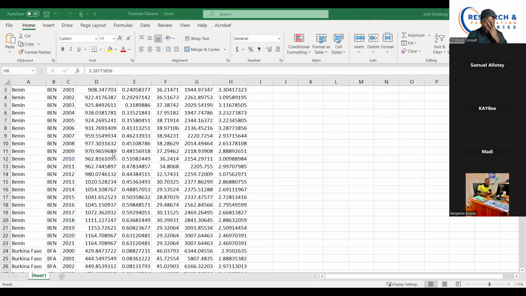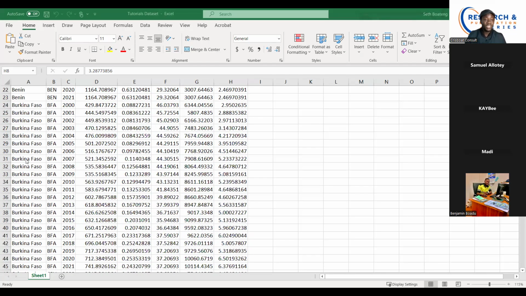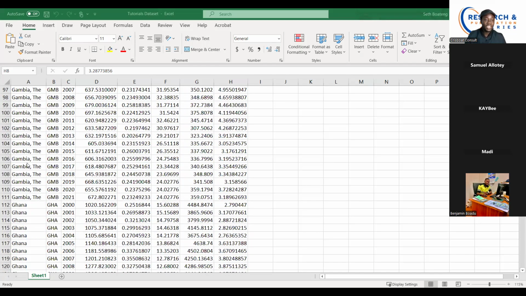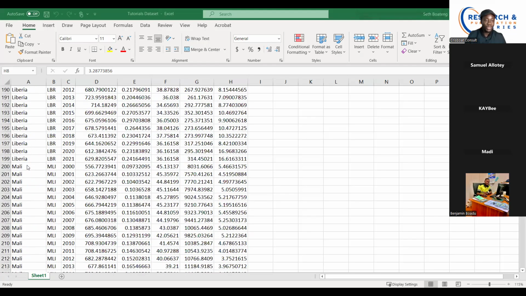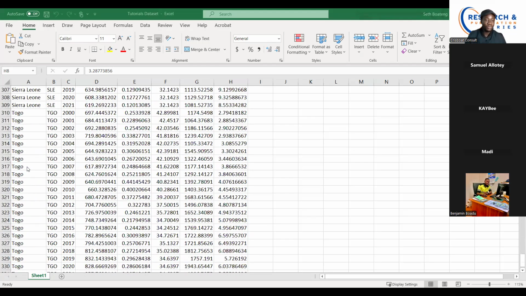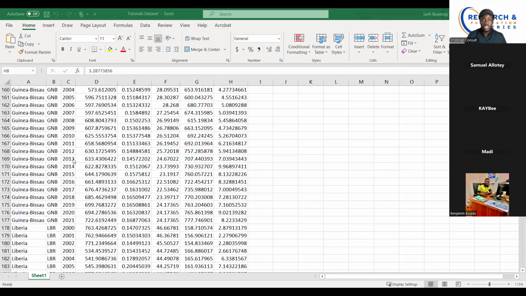So this is the concept we are working with. I think we have our data. We have the countries to be West African countries: Cape Verde, Cote d'Ivoire, Gambia, Ghana, Guinea-Bissau, Liberia, Mali, Niger, Nigeria, Senegal, Sierra Leone, and Togo. So these are West African countries.